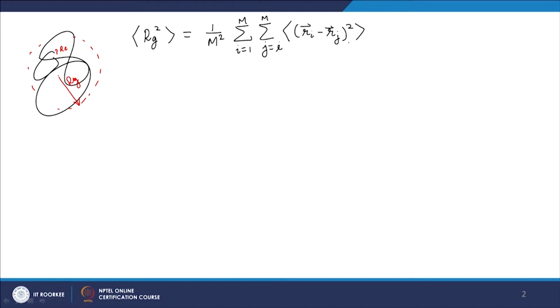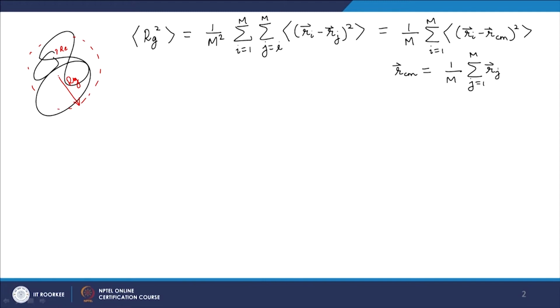Which, by the way, was the same as what we started with, where the center of mass location RCM is defined as, and I am really summing over the positions of individual segments or beads or the actual point locations inside the